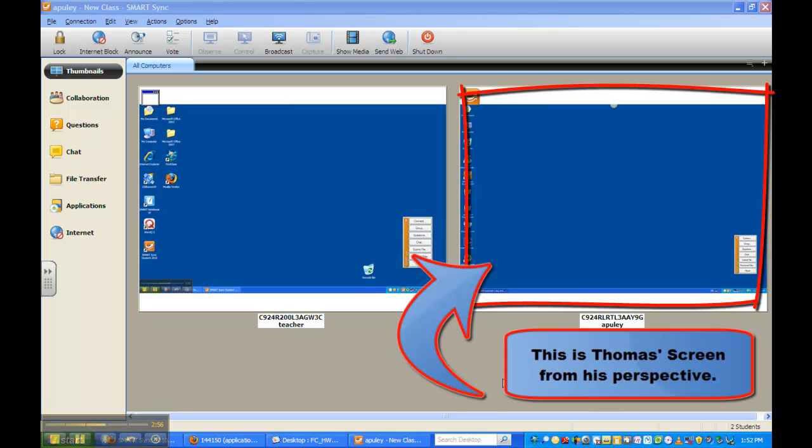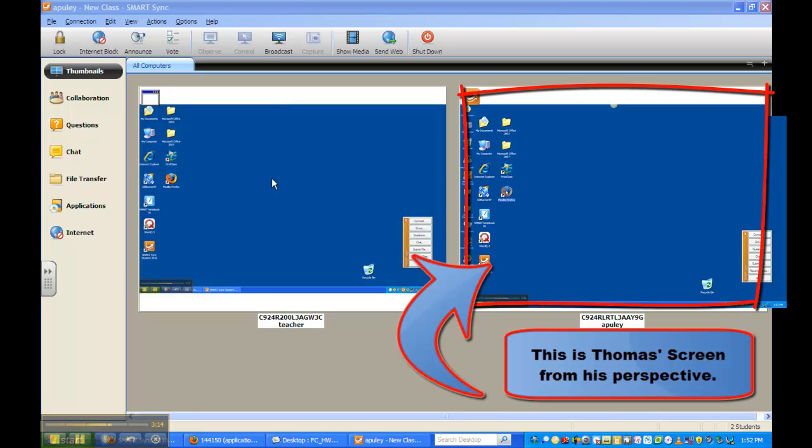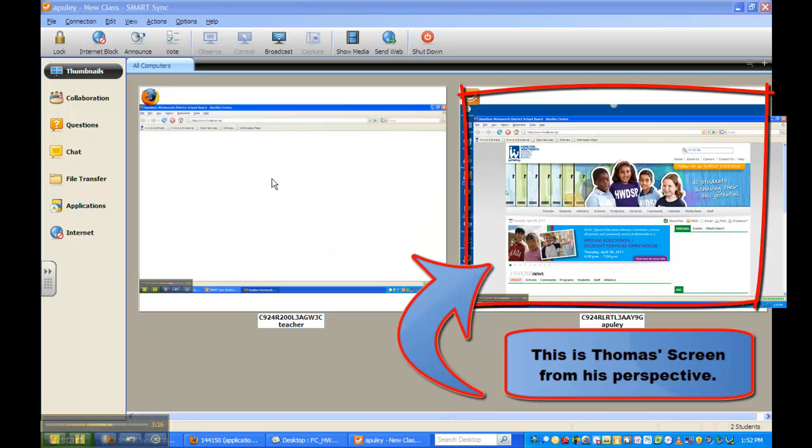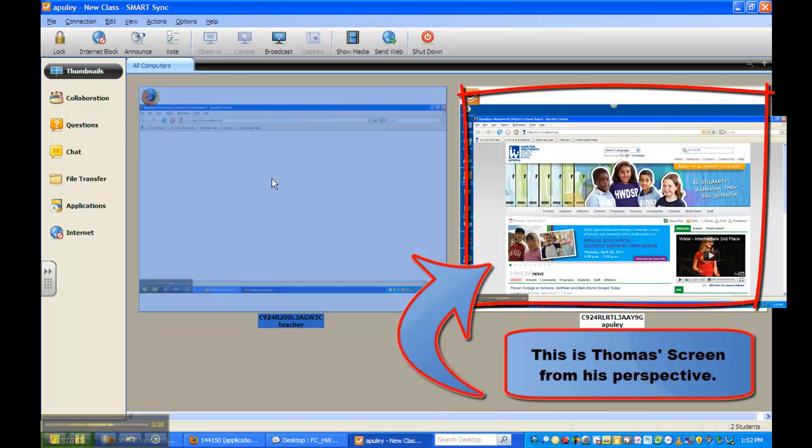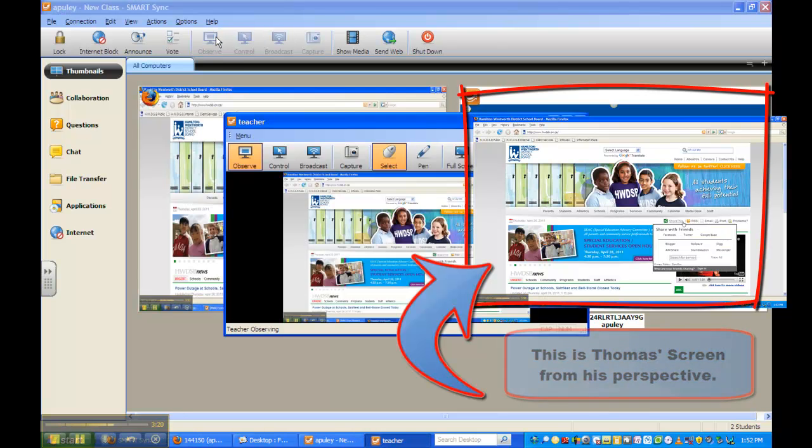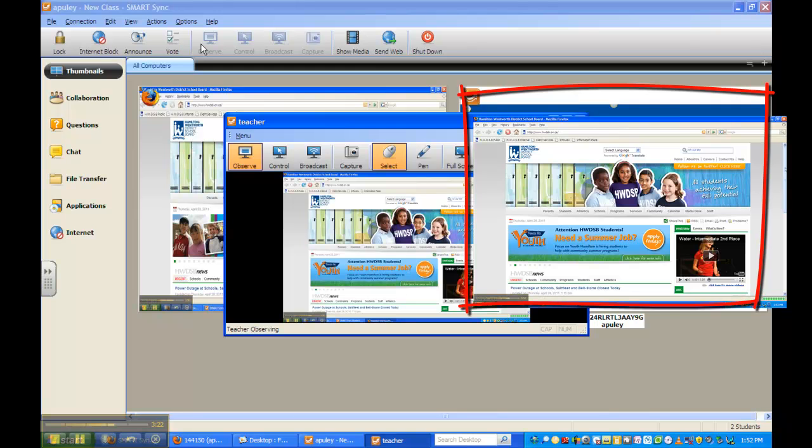Okay, so here we are now with the student screen here on the left. And now Thomas is in the other room, and he is going to be the student using the computer indicated by the left screen. So what he's going to do now in a second is go out on a website so that we can see what it would look like. So I, as teacher, there he goes, can monitor what students are doing in the classroom, what websites they are visiting, and then you can click the